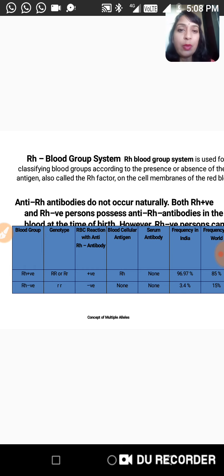So this Rh blood group system is totally different from the ABO blood group system. Collectively, if the blood group of a particular person is said to be AB positive, then that means the blood of such a person carries A as well as B antigen, along with that there is Rh positive antigen present, right? And if AB negative, it means A and B antigens are there but there is no Rh antigen.